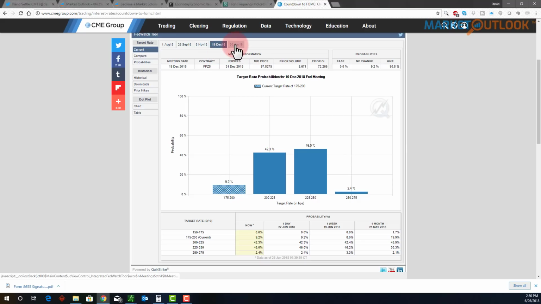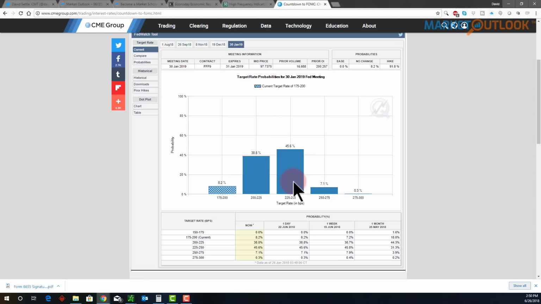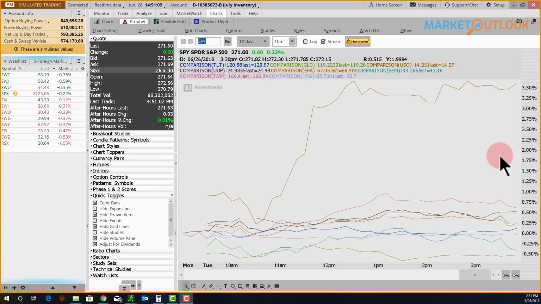Well, now they'll have one in January. There's only a 7% chance that we'll get a rate hike in January, but the possibility is higher from a logistical standpoint because they'll have a press conference starting every meeting in January. So we'll see how that starts to impact those probabilities going forward. But as of right now, just a 75% chance of one in September, 50% chance of one in December. Nothing's really changed there.